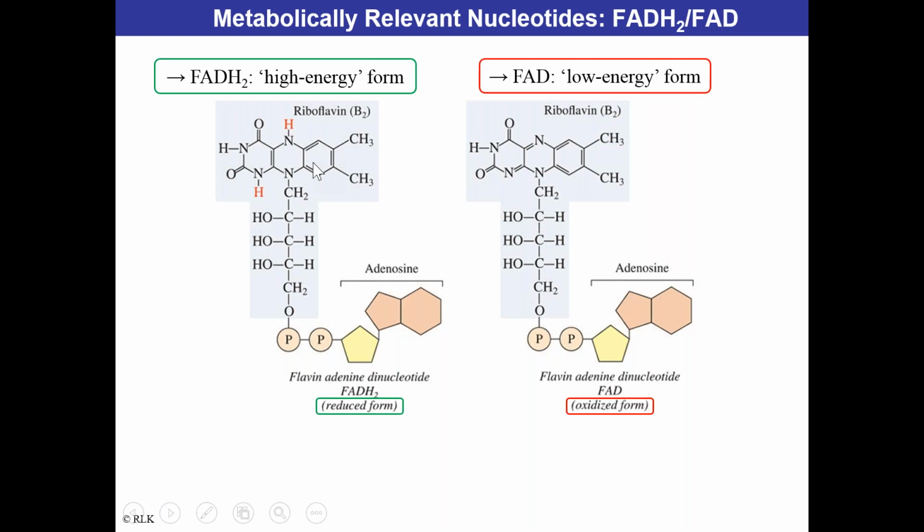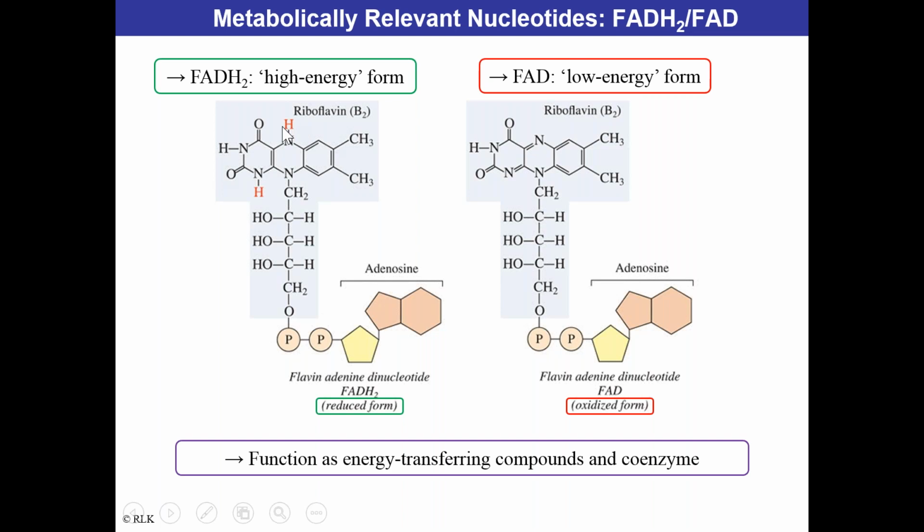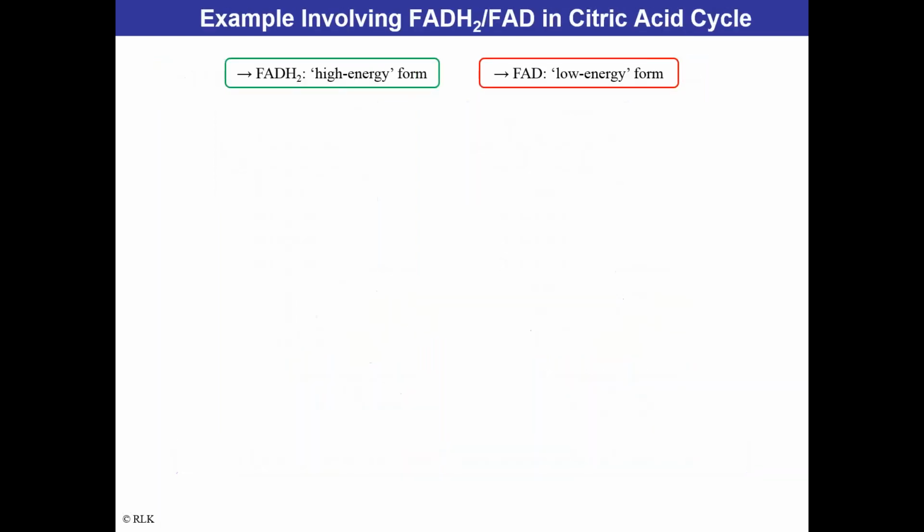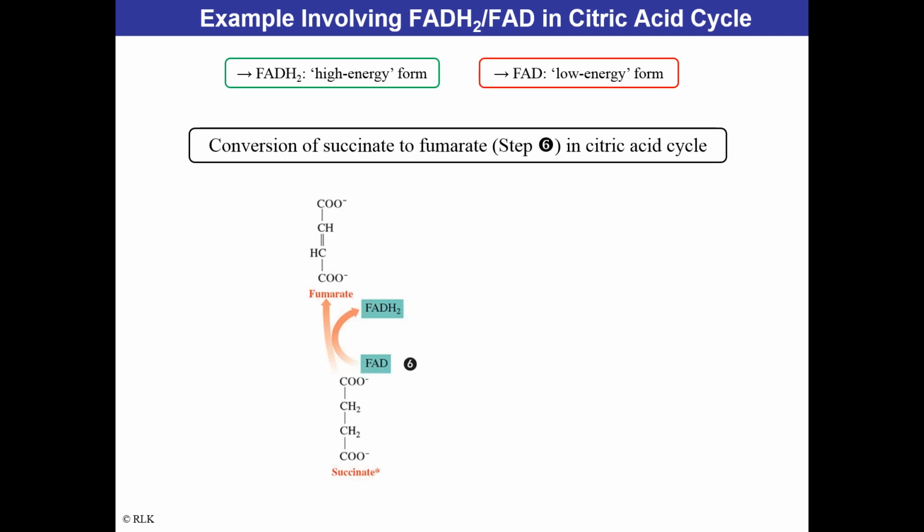And so you can see where the H's are coming from. They're all attached to the nitrogens. And if nitrogen is going to lose its hydrogen, within this riboflavin environment, then you're going to get into that low energy form. So whenever you're considering where the hydrogens are coming and going, look at the riboflavin, and in particular around the cyclic structures where we have the hydrogens attached to those amine groups, okay? So here would be an example of the presence of FADH2 and FAD in, again, the citric acid